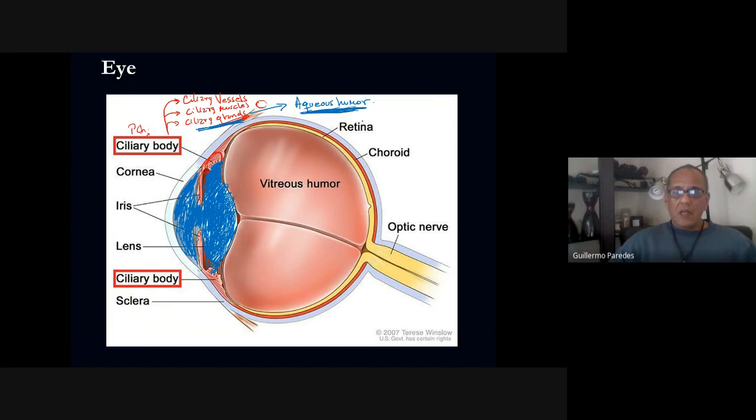Okay, excellent. Now, the aqueous humor is going to do something else. Once the aqueous humor is formed, they're going to be producing aqueous humor 24/7. And the fluid that is coming this way, passing through the pupil into the anterior chamber, needs to be drained out. The drainage is going to be here in the anterior chamber. This drainage is called the meshwork,